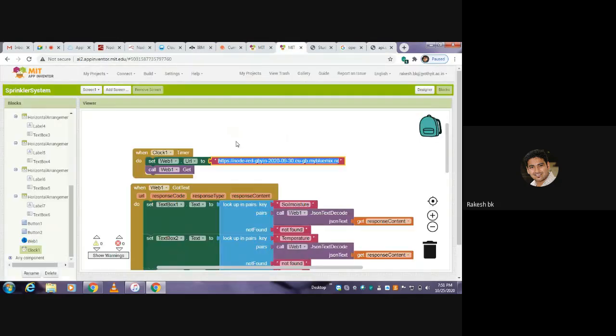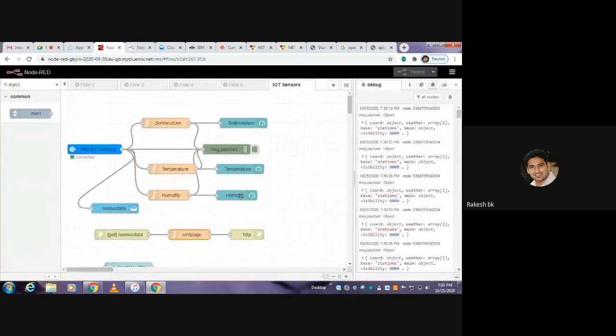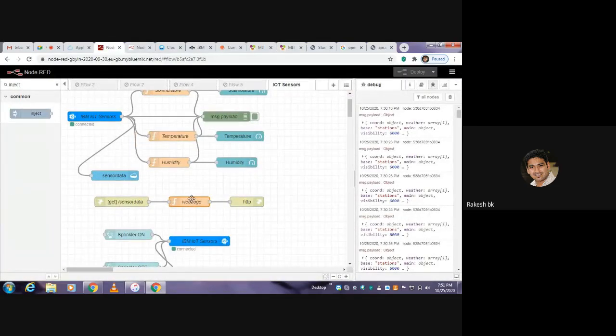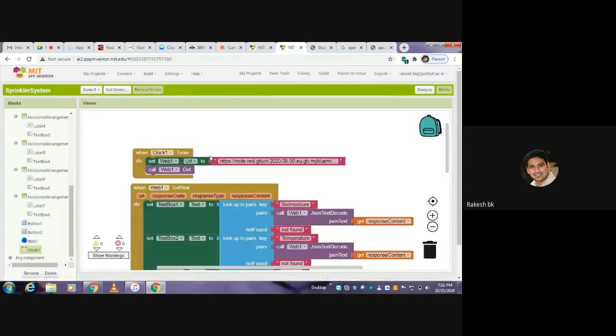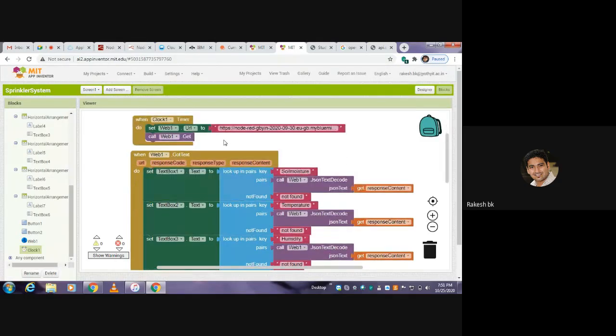We'll straight away go to the MIT app now. That is why this URL is made use of and copied. So web1 URL, call web1 to get. I want to get this by using a get method, because that was the HTTP request command that I have made onto the Node-RED flow. So this is the web page request I have made, and I want to get that data there. So I have just defined a block and integrated a few blocks so that I got it.